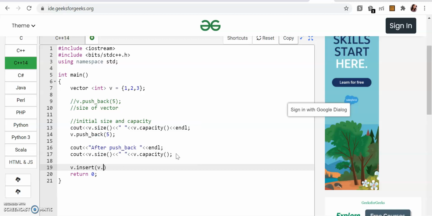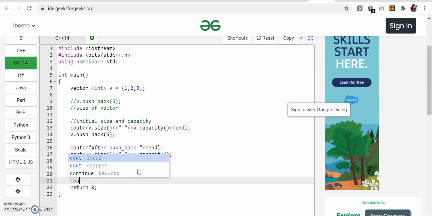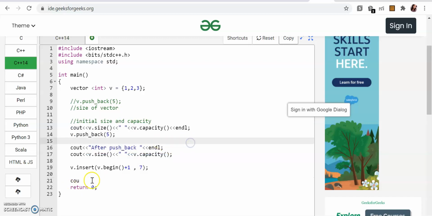Let's give v dot begin plus 1. That means it will add it at the second position, after 1, and then we need to give the element. So let's give 7.